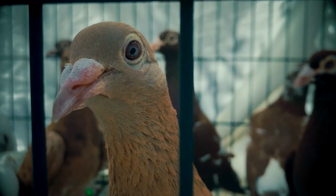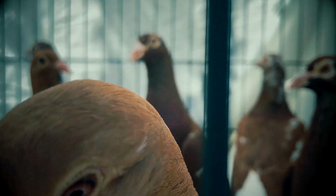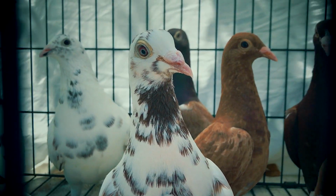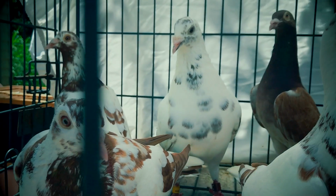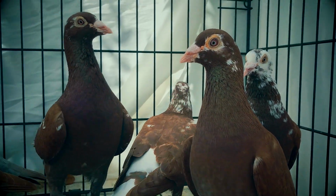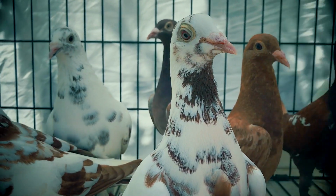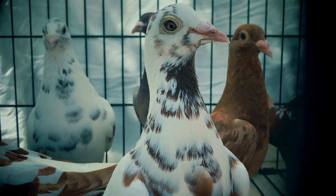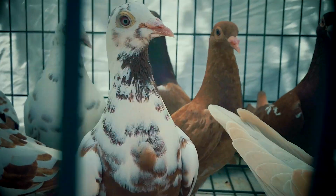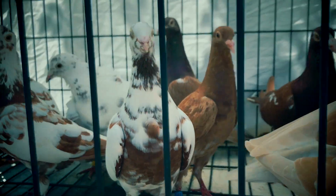I got a soft spot for the reds. And they all have beautiful eye sign, like you can see. The original comes from, I told you once before, that's her right there, the original. You're right on her, this one here next to the yellow. That's from Pablo. That's the bird that comes out of Canada. She's the grandmother and mother to almost everything in there. If it has muleman in it, that's where it comes from. It might be a quarter muleman, a half muleman, but